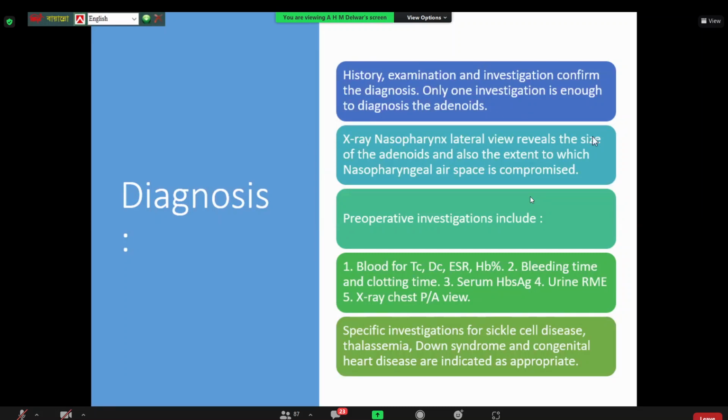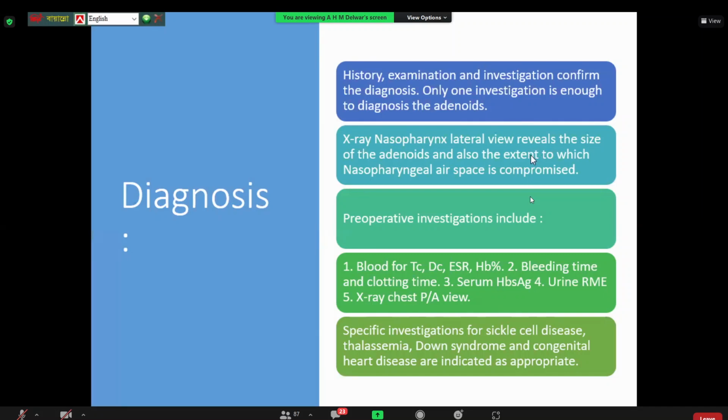X-ray nasopharynx, lateral view, reveals the size of the adenoids and also the extent to which the nasopharyngeal air space is compromised. When one patient comes to you, only one X-ray, nasopharynx lateral view, and the diagnosis is completed. So you never miss this. When a child patient comes to you, in a village or any place, with mouth breathing and nasal obstruction, we go for